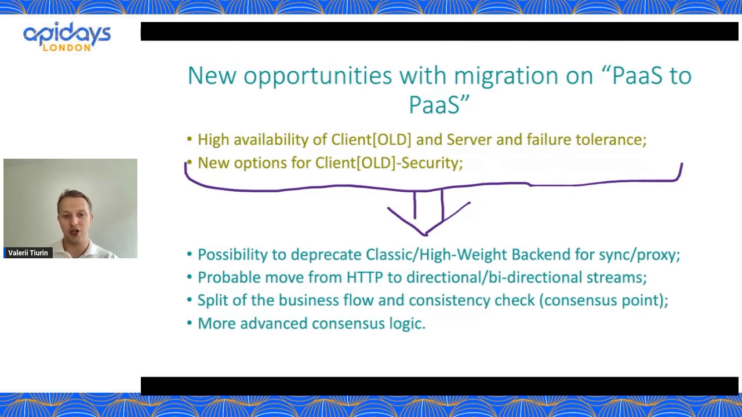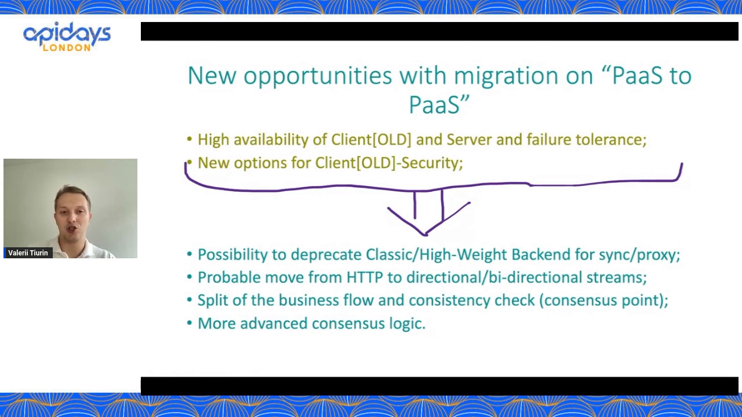For us as product engineers, it means that we will inherit a lot of good things from these tech giants who can make a client application, which I call client alt here, more stable, more secured, and provide us good instruments for creating our products on top of this. So basically what they will bring is high availability of a client alt and server and fault tolerance, and new options for client alt security, which will mean the possibility to deprecate classic highway backend for sync and proxy, and